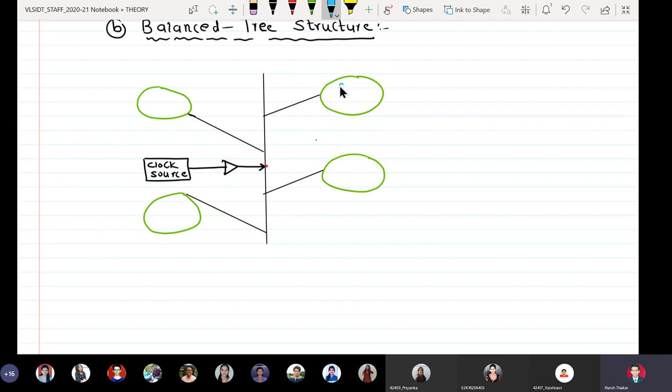And here we have the logic elements inside it. So all logic elements which have similar properties or functionalities are actually put in a cluster, and then this cluster is put at the edges of the branches of this particular tree.